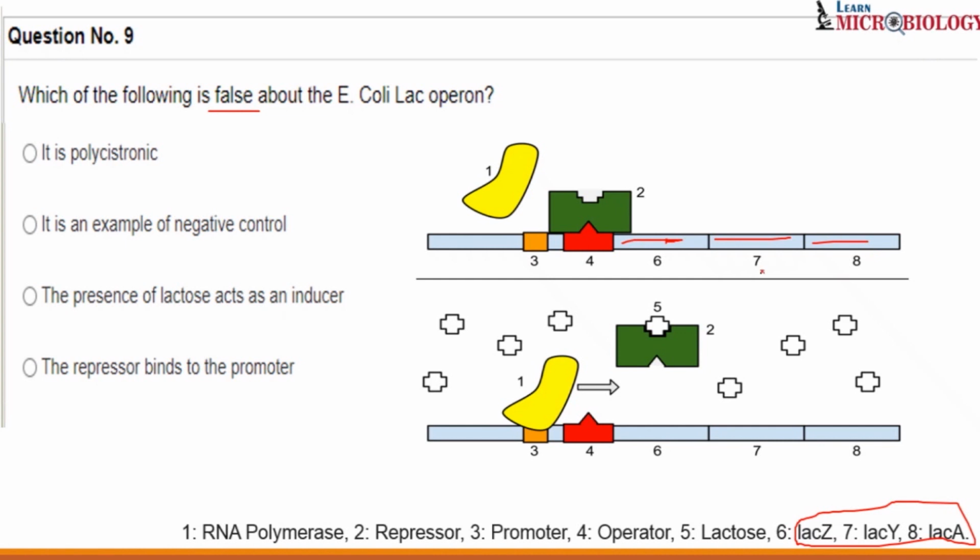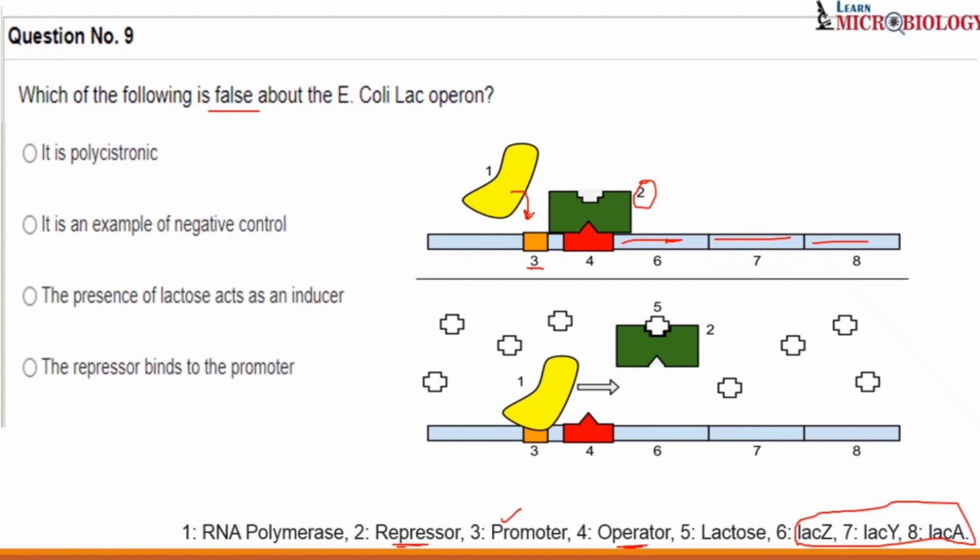Moving on, you can see this particular orange color here. This orange color is nothing but our promoter region. And what binds to the promoter region? RNA polymerase. So that yellow colored molecule, RNA polymerase, is going to bind to the promoter. After that there is a red colored region, and what is the red region? It's the operator. And who binds to the operator? The repressor. Okay, repressor binds to the operator.